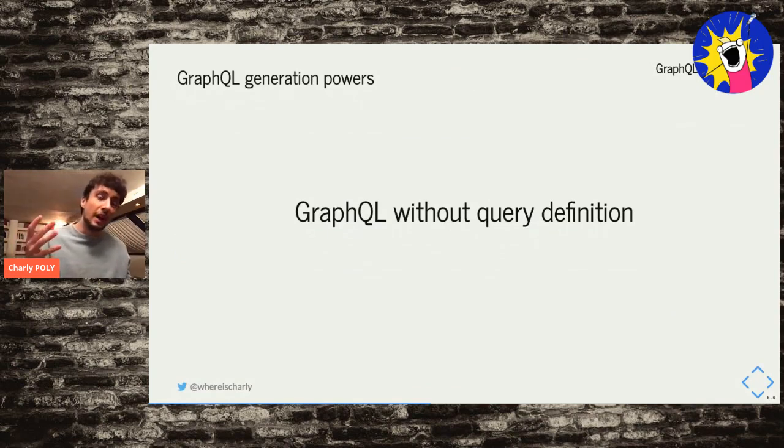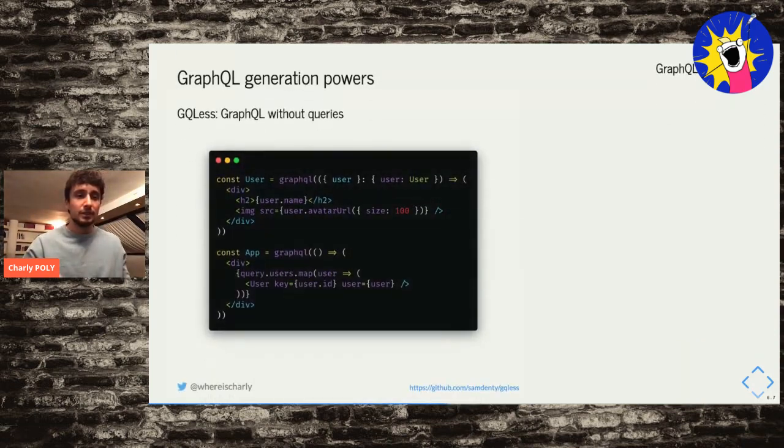Another more advanced, different, but quite linked example of usage of GraphQL introspection power is a library that allows you to do a GraphQL query without actually providing a query. GQLS is a project where, as you can see on the left, we have just a user component, and every component is wrapped into a graphql function.